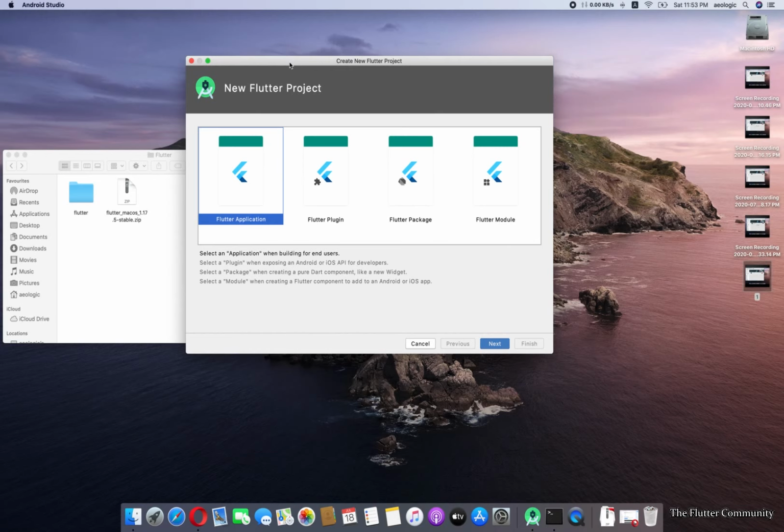Currently we will go with Flutter application, and the remaining ones I will explain in upcoming videos. By choosing Flutter application, we are able to develop a Flutter application that will run on different operating systems, that is Android, iOS, and even Flutter for web and desktop.